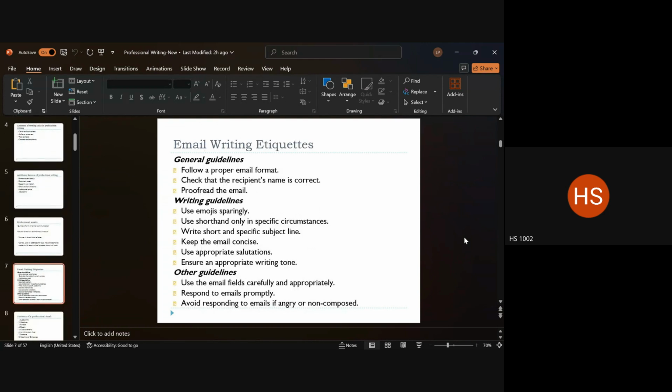Some general writing guidelines you have, which we call email writing etiquette. Email format, of course, then checking the name of the recipients. It looks very silly to add something like that on a slide like this, but we all know this is something that has happened to all of us, right? So double check your recipient's name, especially if you are an employee at an organization. We just discussed how you're required to keep confidentiality levels in some cases. So before you click that send button, see whether it is the actual recipient you're supposed to send it to, or are you sending it off to a different person who's not related, right?